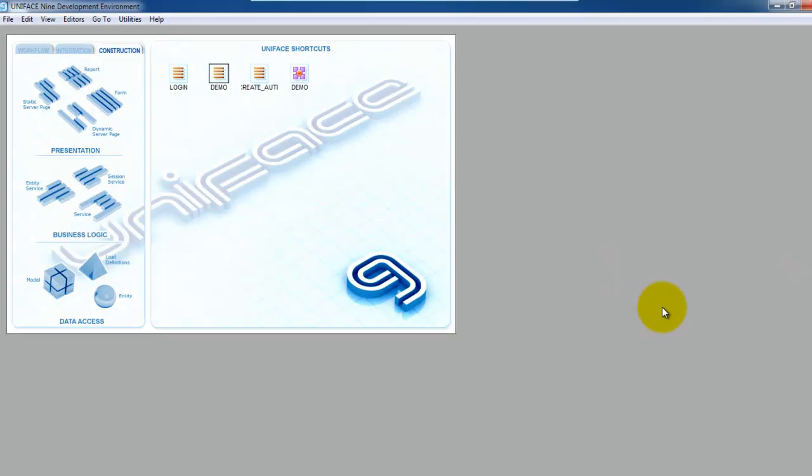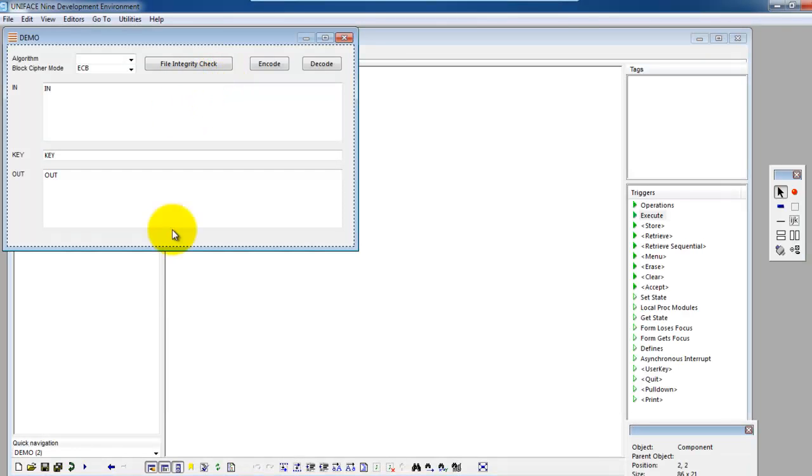The next thing I'm going to show you is how you can use $encode and a hashing algorithm to verify a file download. I'll start the form up called demo, and I'll show you how it works before I show you the proc code to enable this functionality. So we'll start testing the component,